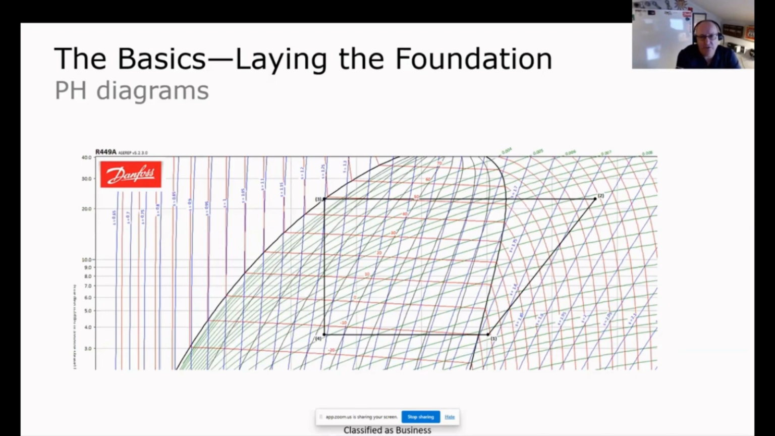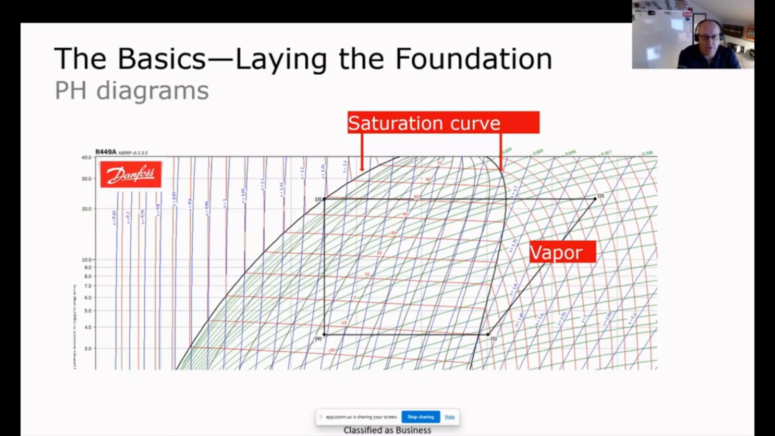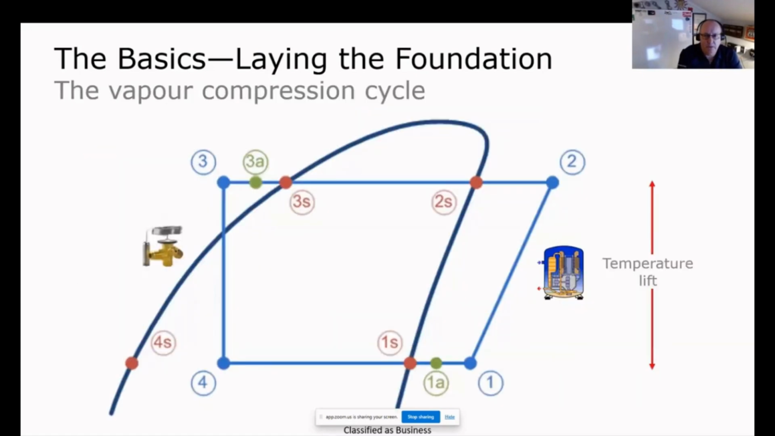Now, since pressure is directly proportional to temperature, the pH diagram also provides us with the temperature of the refrigerant at any given conditions. Now, we can see on our pH diagram the saturation curve. On the right-hand side of that curve, everything is vapor. And then everything to the left-hand side of that curve is liquid. And then in the middle, we have a liquid vapor mix. So that's the basics of our pH diagram. So looking